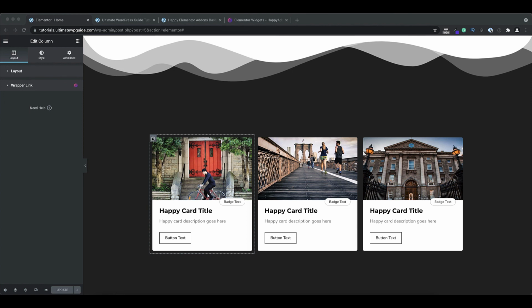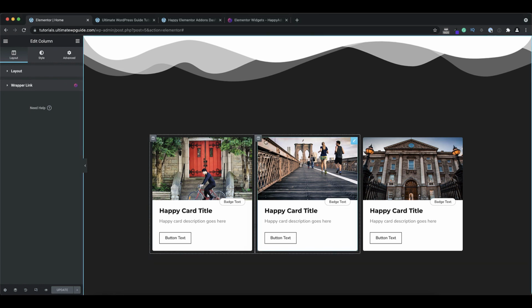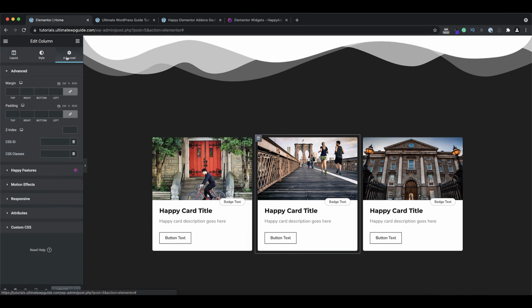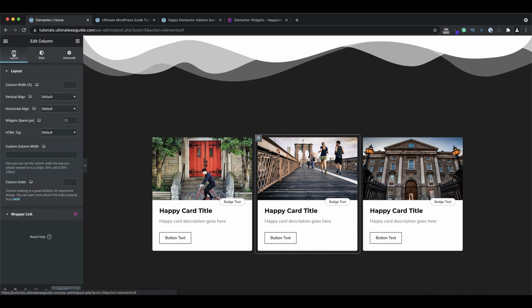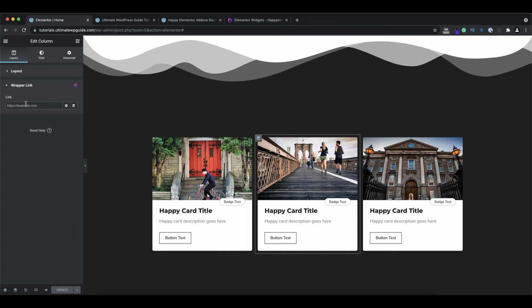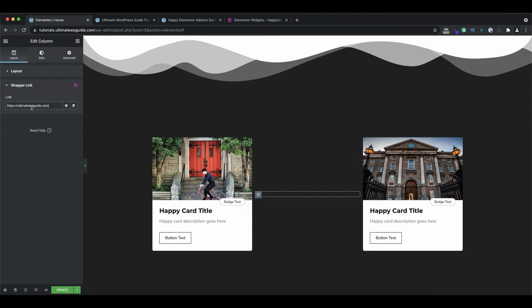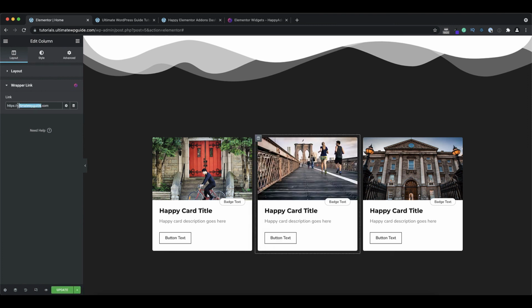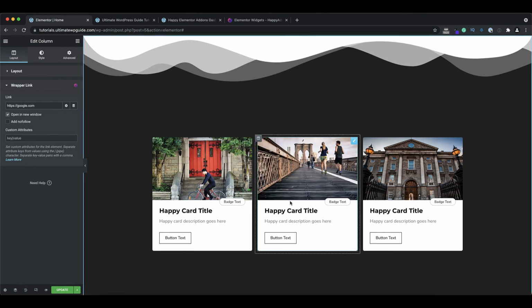With the column selected here, I can go into the advanced section, into the layout section, and under the wrapper link area, this is where I can specify a link. So we'll just link this to, let's just bring that to google.com, and I want this to open in a new window. So as I can see here currently, it doesn't really show me the ability to open this in a new link. But if I save the page and I go over to the front end of the website,